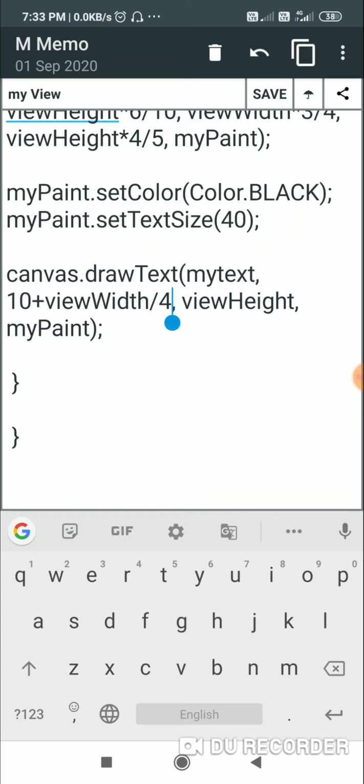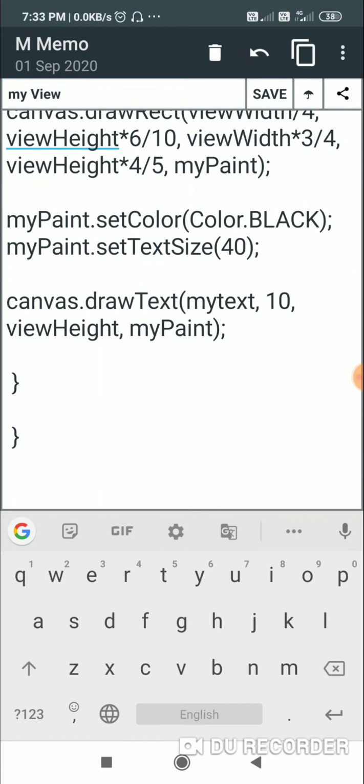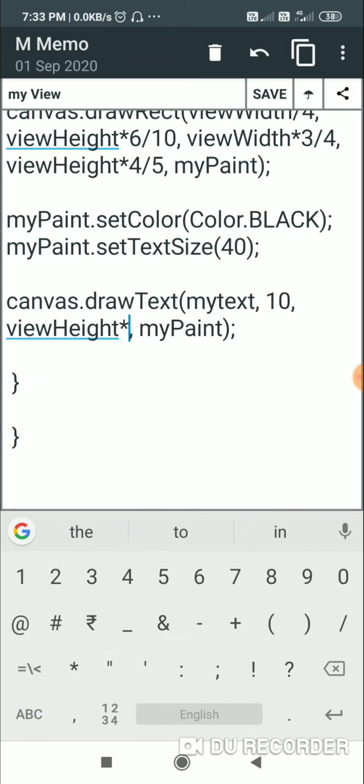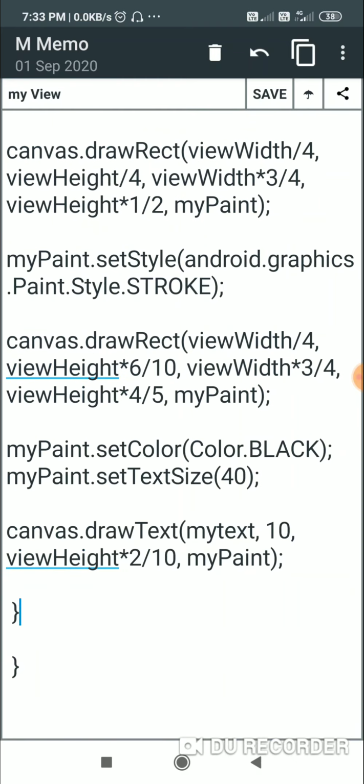No need of this view width by 4. And then the bottom of the text, I will make it view height into 2 by 10, and then my paint, which is the paint used to draw the text, and here I close it. So here I draw 3 things, 2 rectangles and a text.